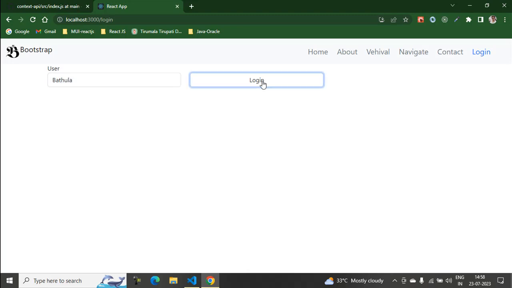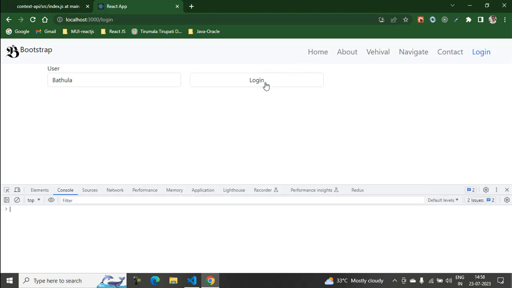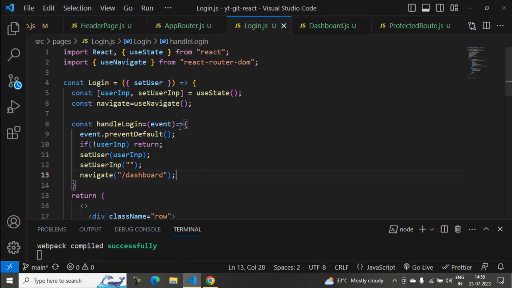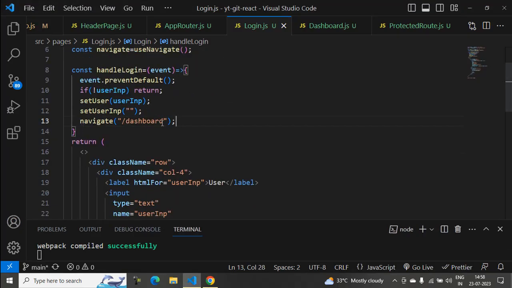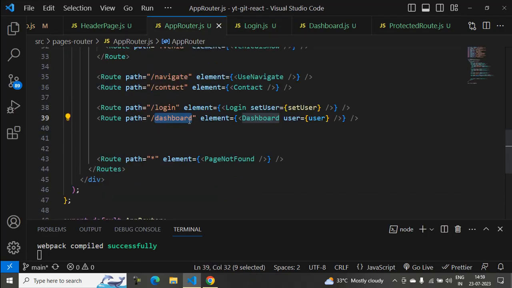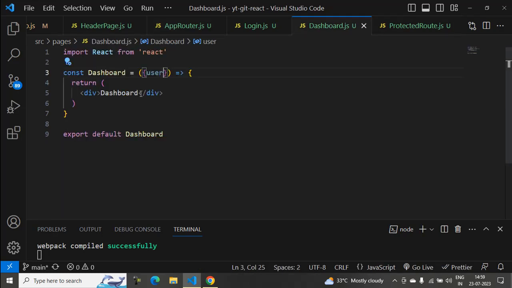What is going on? When you click on login button, it's not going to dashboard. Why is it not going to dashboard? Let's verify. Navigate to dashboard. Where is that? It will come to dashboard. Dashboard contains dashboard. Here we are passing the user, so it has to show this username here, comma, in double quotes,